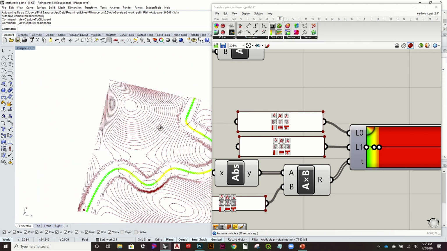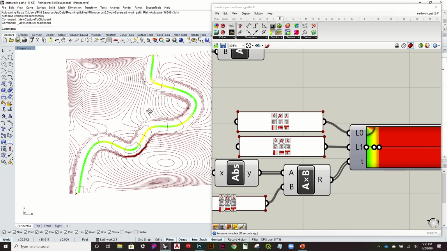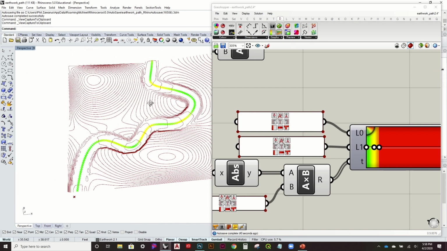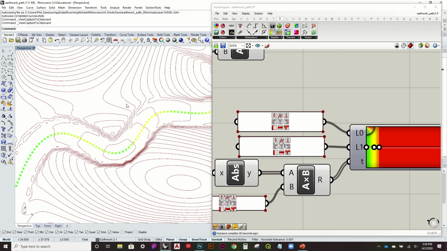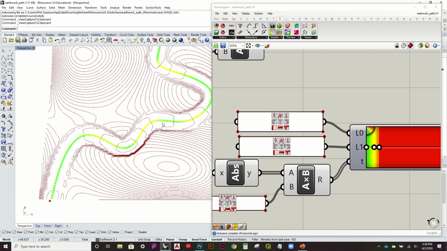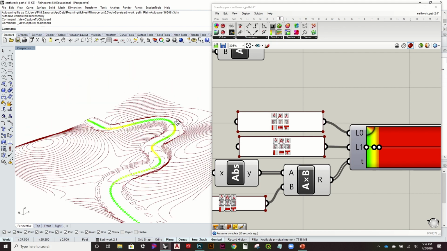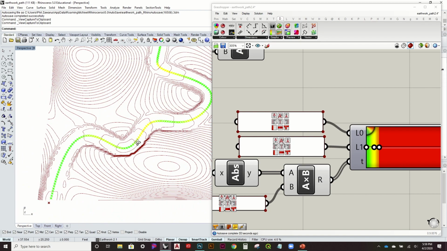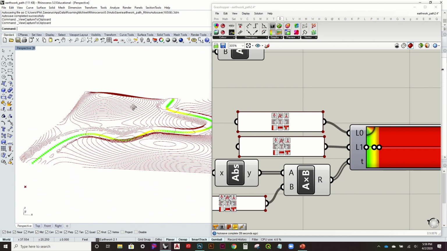That again becomes part of your design decision making. Do you alter the path so it doesn't cut away? Do you add a retaining wall to allow for that to still occur in order to maintain it? Grasshopper isn't going to give you all the answers, but it is at least going to give you some working